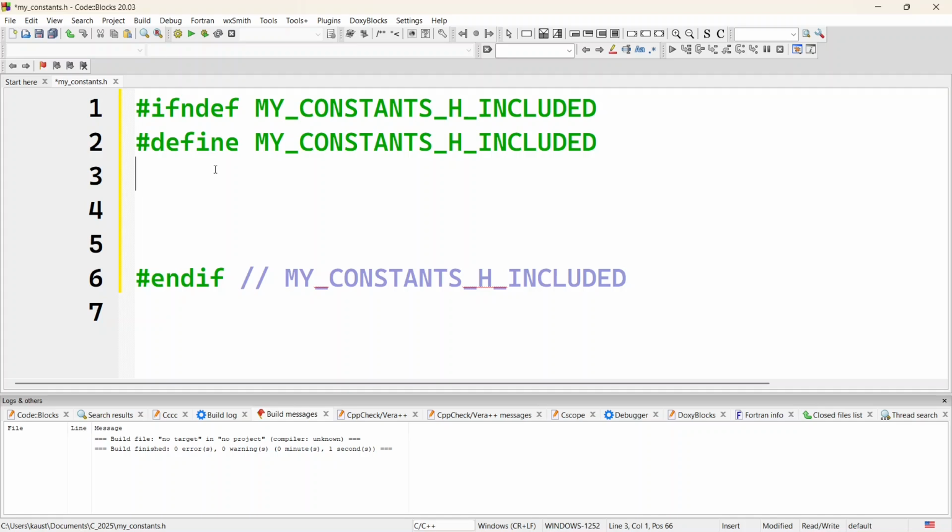If not defined, my constants, ifndef. If not defined, MY_CONSTANTS_H included, then define MY_CONSTANTS_H included. Okay, if it is defined, then nothing will be done, but if it is not defined, then define this particular header file. Okay, now because we started an if over here, here we are ending it with endif. Okay, and these are all preprocessor directives because they begin with a hash. Okay,